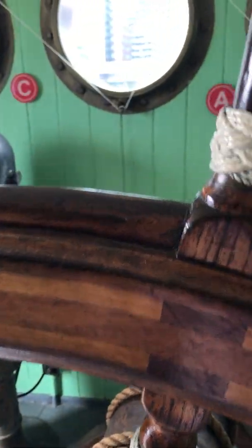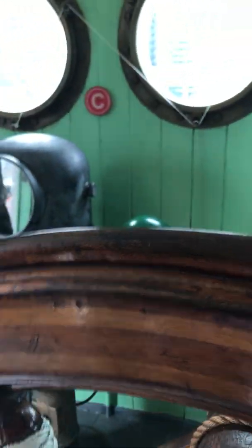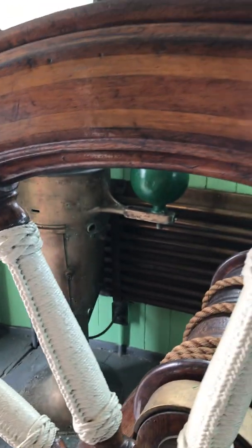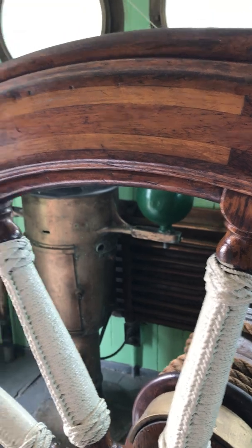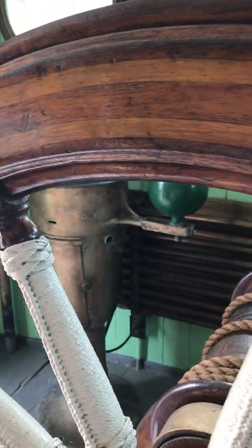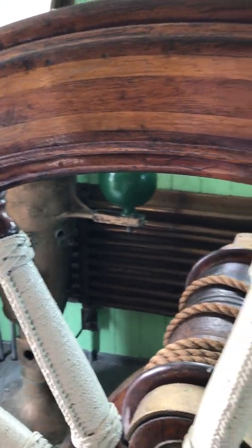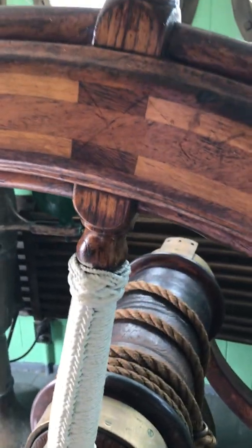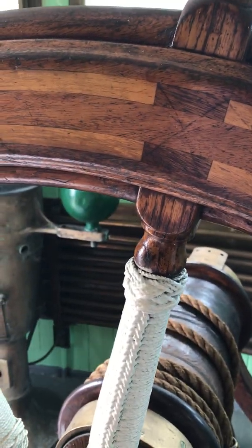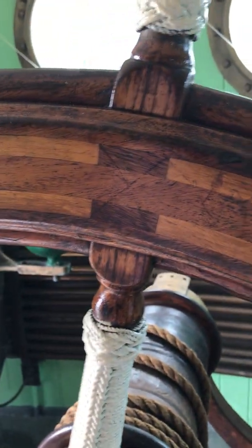This is green for starboard and red for port, which I've heard is because port wine is red, and I'm sure that's not true, but anyway, remember. But it's really good if you have a ship way, way off in the distance. It'll always have a green light on one side and a red light on the other, so you'll know what direction that ship is going, first of all. But also for navigation, if you're out in another ship approaching this one, like on an intersection on a roadway, if you're coming from this direction, you have a green light, so you have the right of way, and this ship has to yield for you. Or if you're coming from this direction, you have the red light, so you have to stop, and this ship has the right of way. This is how it's all done out on the rivers. Anyway,